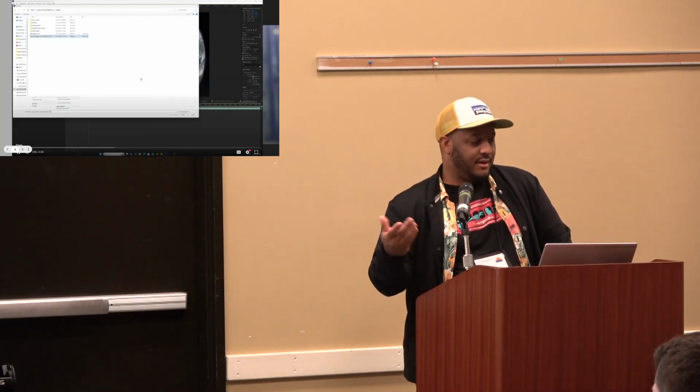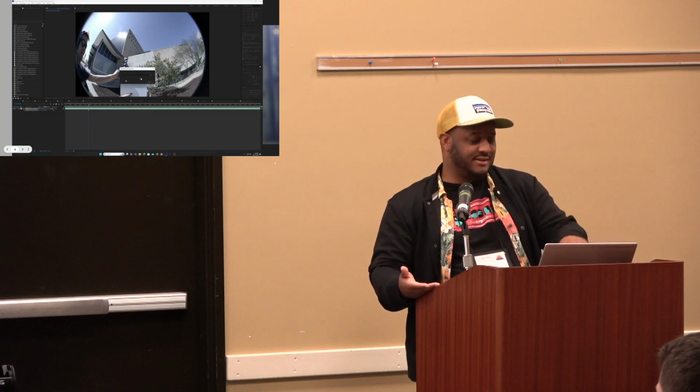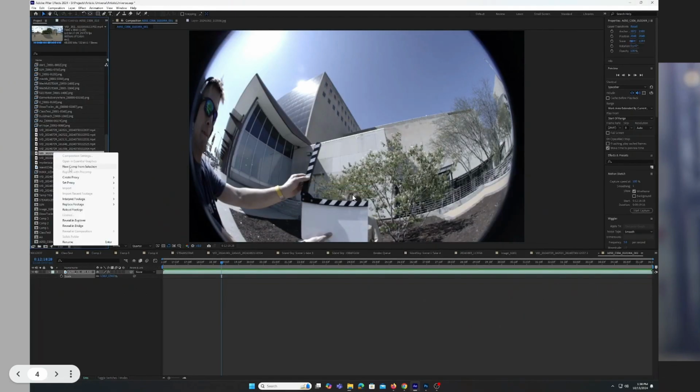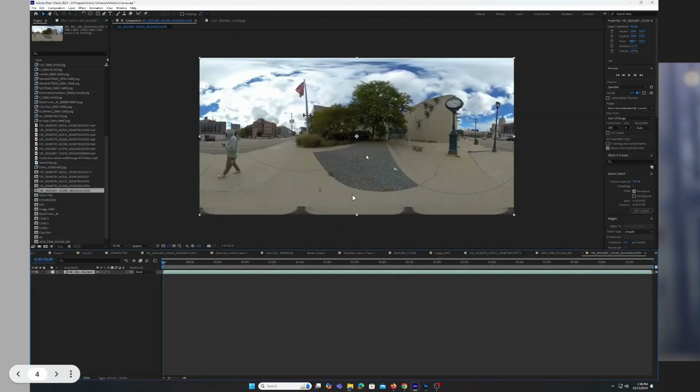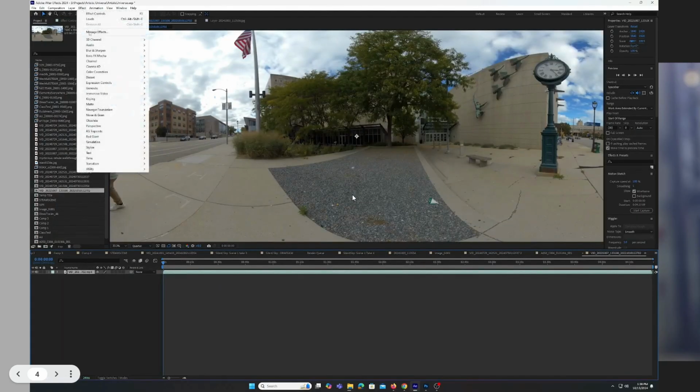We basically can put the camera down, place our subjects, and then step out of the way and start filming. Once we film it, we bring it in with the Insta360 stitching app, download the footage, and then I bring it into After Effects. This is some Red footage there. So the footage comes in like this, and then I apply the VR converter